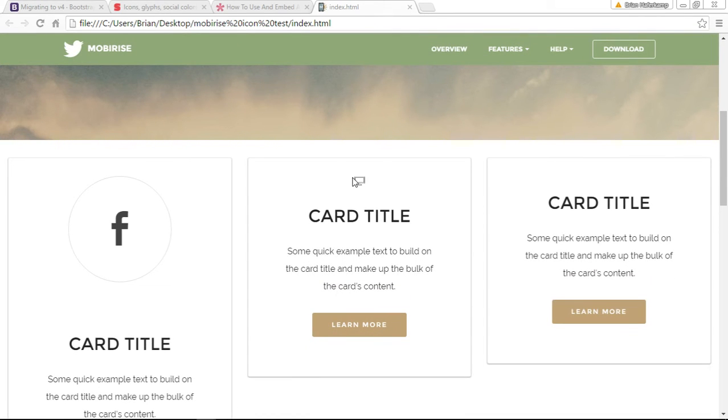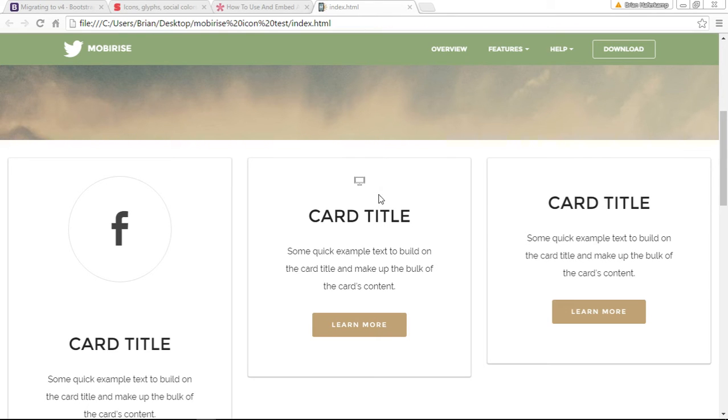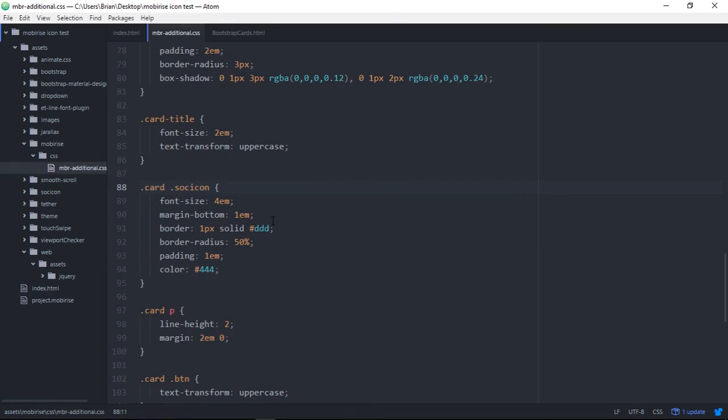Okay, so we've tapped into that particular font family as well. So this is the icon dash desktop. So you can see here, that's the icon. Now this is unstyled really. There's nothing to it because we need to go into our CSS, and it's called icon dash desktop. So let's copy that. We'll go back to our CSS,